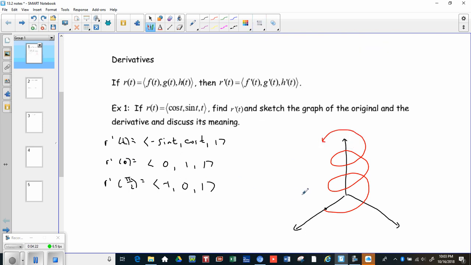So when t is 0, we have the vector 0, 1, 1. But remember, this is going to come from here. It's a tangent vector off of here. So 0, 1, 1 means I'm going to go 0 in the x direction, 1 in the y direction, out this way, 1 in the z direction, up this way. So really what it's doing is creating a little tangent line to the graph,